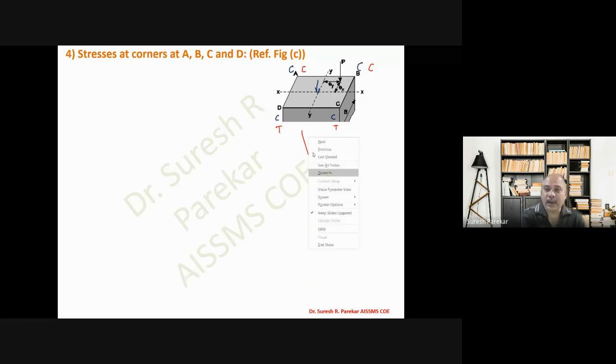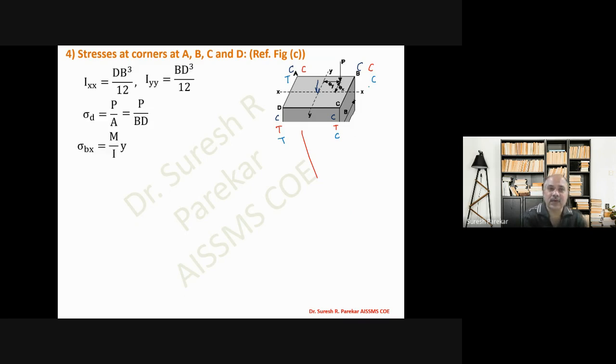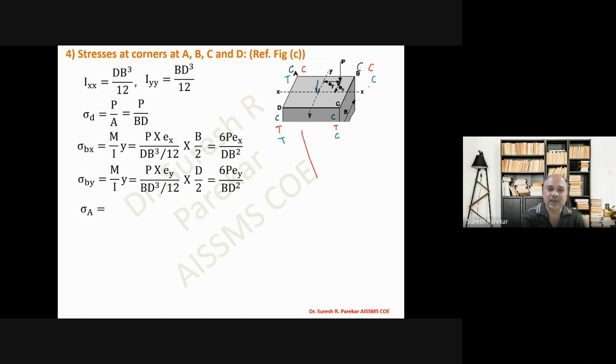And then third, due to My, I will take another color and then you can see this. Due to My, we have the load on the right side. So this will be compression, this will be compression, this will be tension, and this will be tension. So we have blue for axial, red for Mx, and green, or blue, for another one, that is due to My. And then you can see this. I will directly go with this. You can have these values, we have already seen.